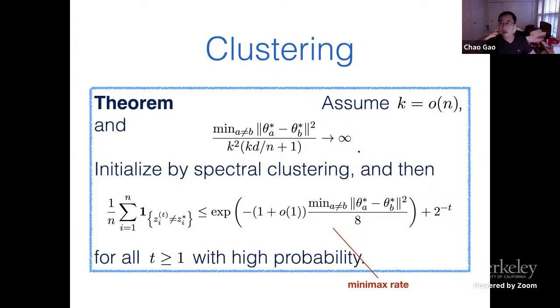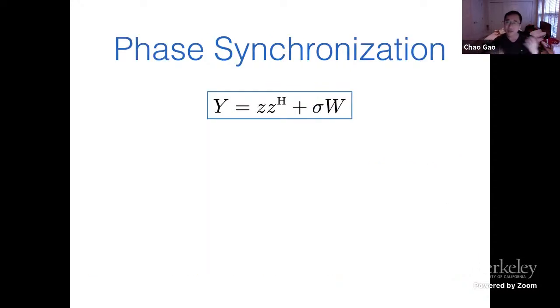Okay, and now I want to emphasize this is actually not my result. This is precisely the result by Yu Lu and Harrison Zhou. The point here is to tell you that you can rediscover this result from a more general perspective. So now we are ready to analyze the phase synchronization problem, using this more general perspective of analyzing k-means.